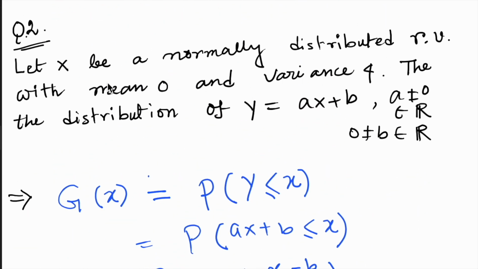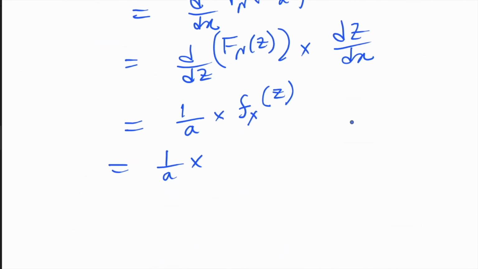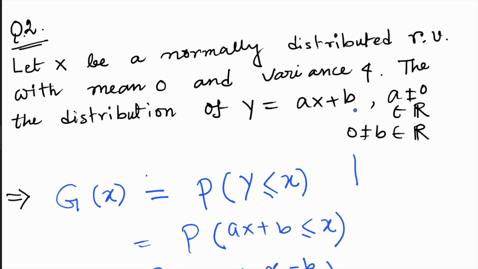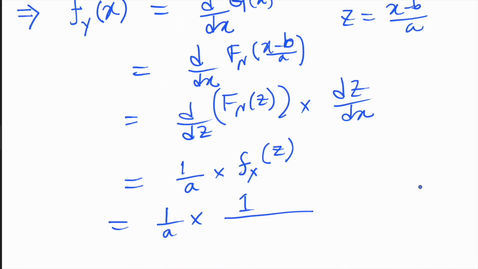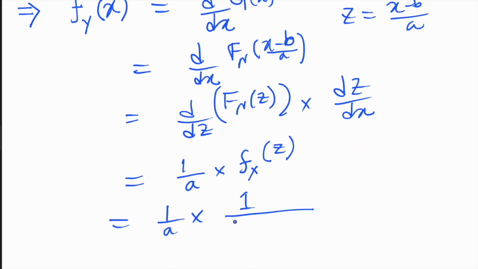It has been given that the mean is 0 and variance is 4. Variance is 4 means sigma square, standard deviation square, equal to 4. So that means sigma equal to 2. That's it. So this will be 1 over sigma root 2 pi